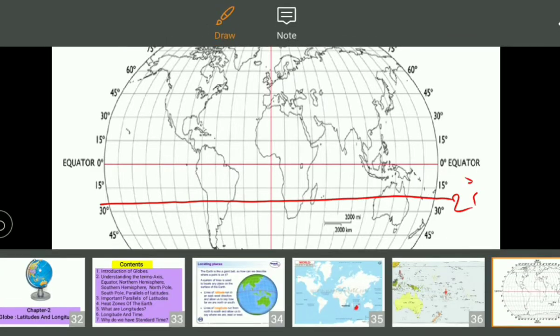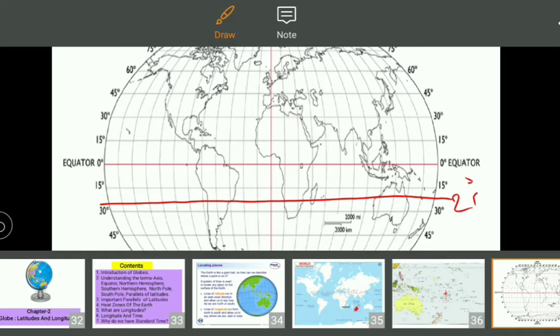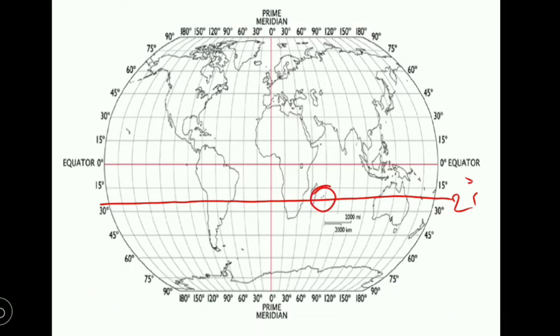Here the Mauritius Islands are located at 20 degrees latitude in the south, and the Tonga Islands are also located at the same 20 degrees south. The equator is a reference line, and the prime meridian is also a reference line. Through these reference lines we can understand the distance of latitudes and the distance of longitudes. So this is all about locating places on the globe.